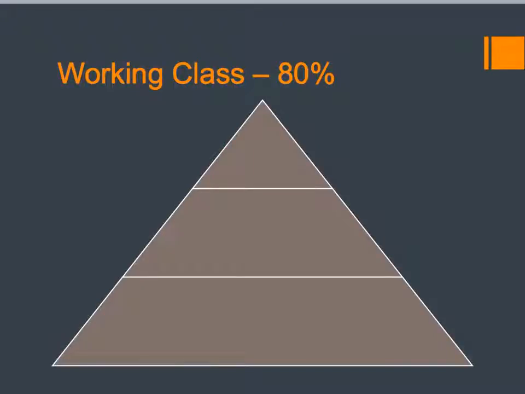Now, this has a triangle. Good job. This had a very nice little graph on it. And now it does not. So I'm not really going to get too in-depth because it did not carry over when I put it on the system. Just know that the working class is about 80% of your population, and that most people, especially in Eastern Europe, were still considered peasants. Rural workers, especially in Eastern Europe.